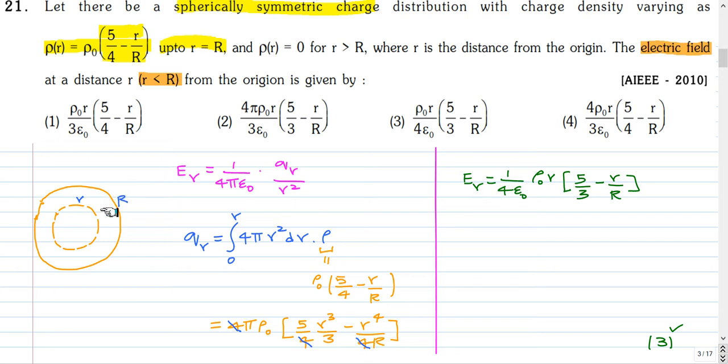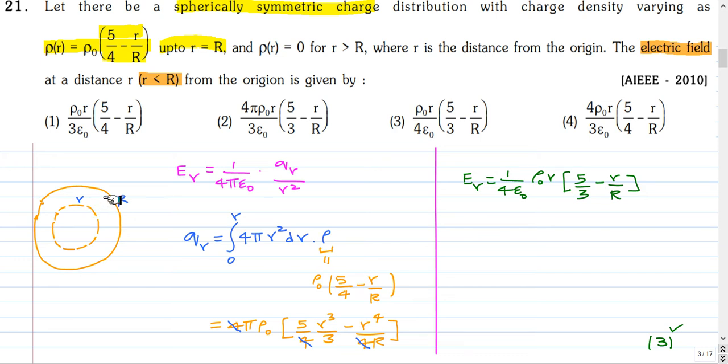So this is the sphere of radius capital R. To find the electric field at a distance r, it's given as 1 by 4 pi epsilon naught Q_r divided by r square, where Q_r is the total charge present inside of the sphere of radius r. The charge which is present outside will not contribute to the electric field here. That can be understood as this region can be thought of as made up of many concentric spherical shells, and inside of a spherical shell the electric field contribution of the shell is 0.